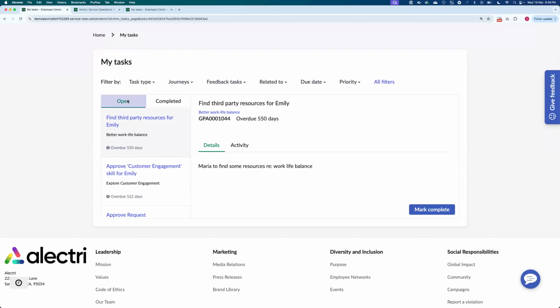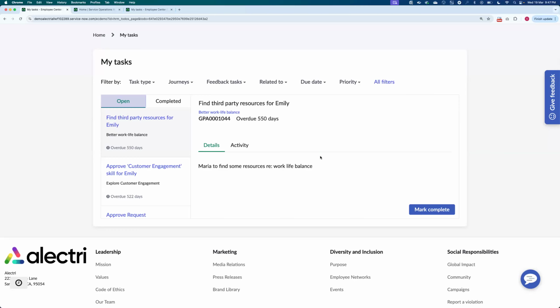So once I've filtered all my tasks and I have seen all the relevant details that I need to make an informed decision, I can go ahead and complete that task. It could be a task, it could be an approval activity that needs my attention. I can review all the necessary information, like if it's an expense approval, I can see the expense receipts and documentations. And then I can easily approve or reject the request without needing to dig through the emails or other